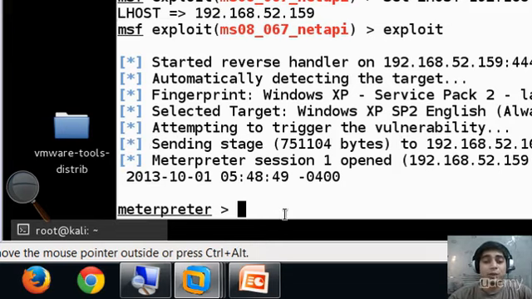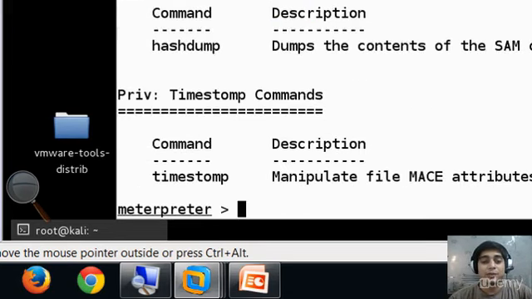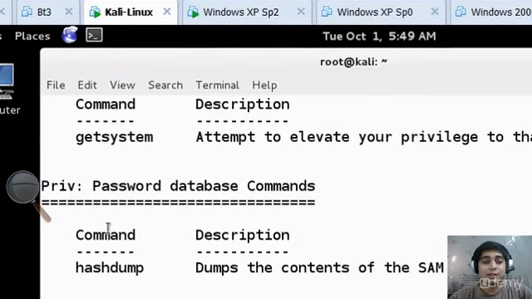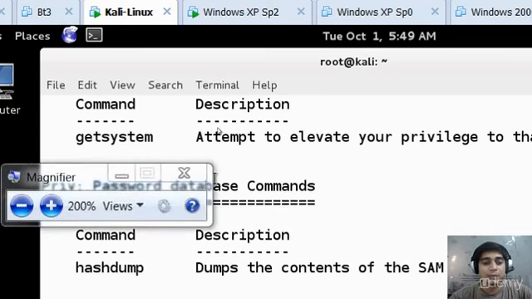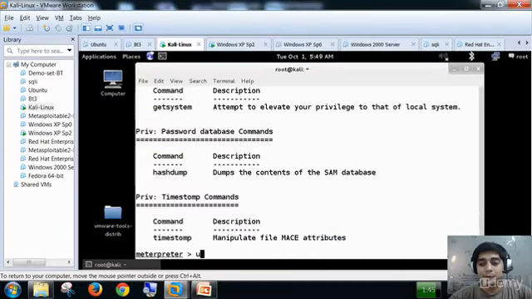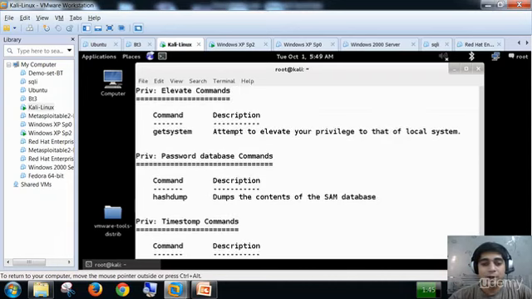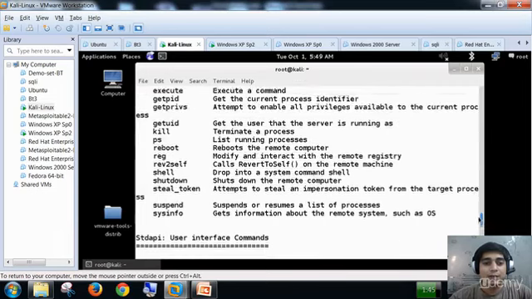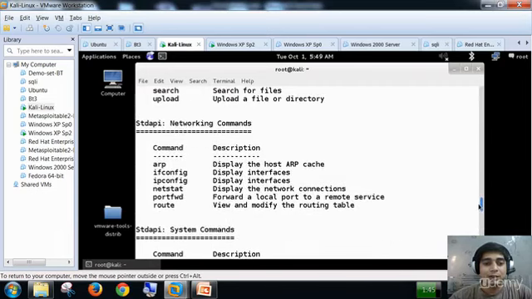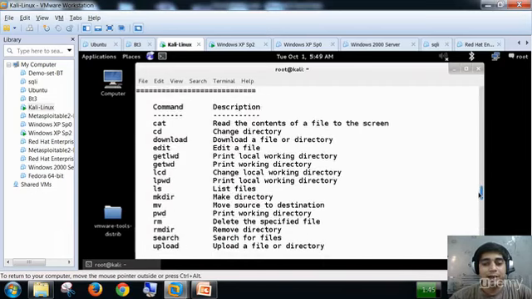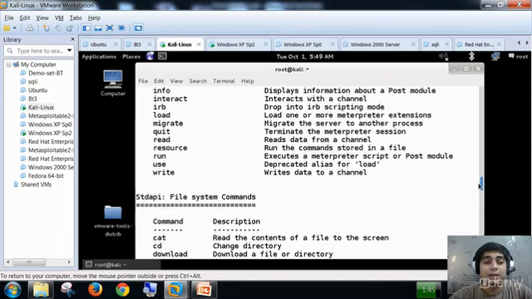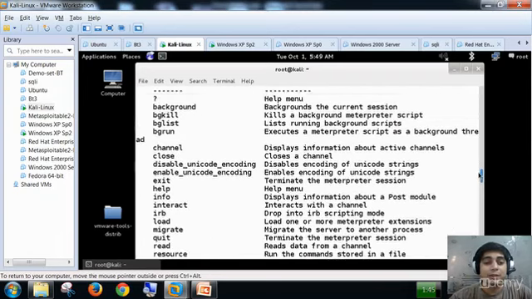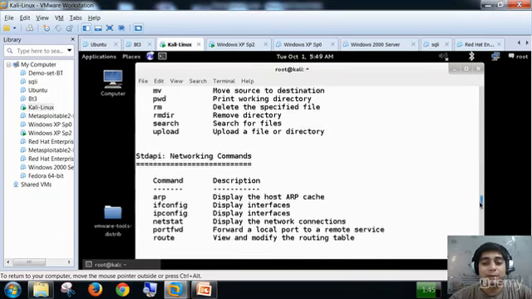Now, first of all, how to use this Meterpreter. I would recommend you hit a question mark here so that you can find a list of dozens and dozens of things. Let me zoom out first so that it is a bit more visible. If you scroll down, you can find various commands which you can utilize in a great manner. These are the list of commands, and a description is also there. So make sure you spend some time here to get more comfortable with these commands,